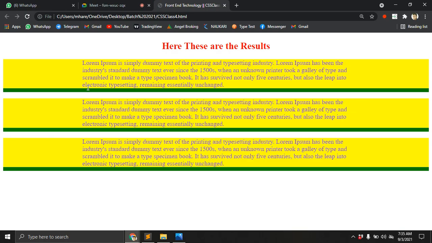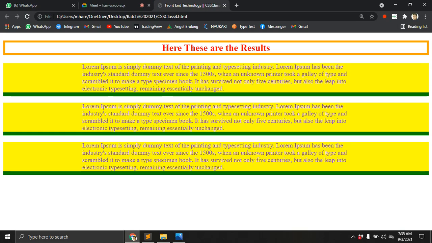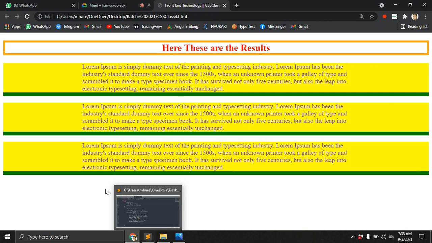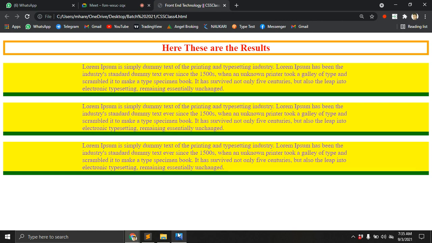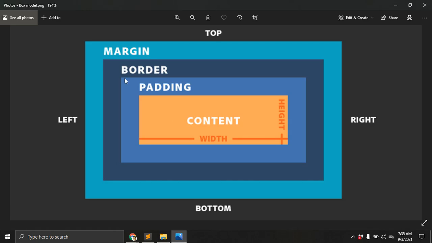Save, refresh. Here also you get results. Simple. And here you can observe the border is also there.